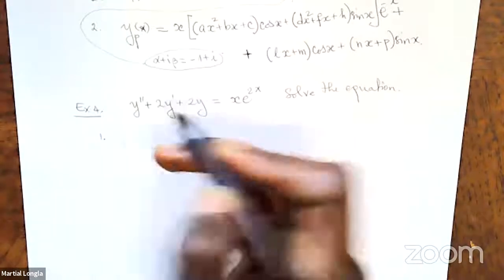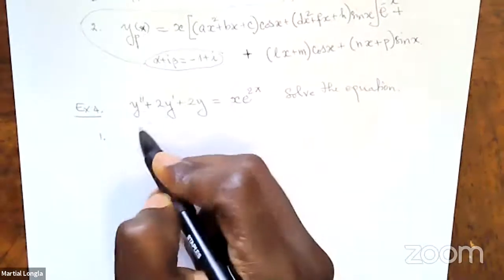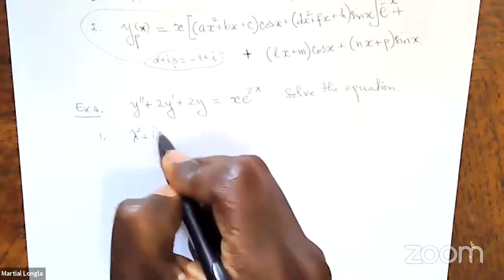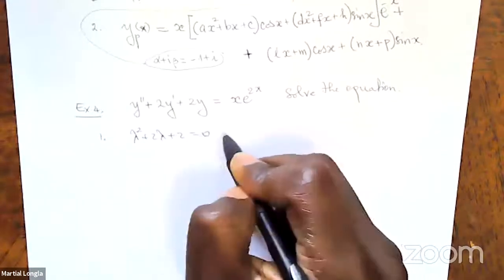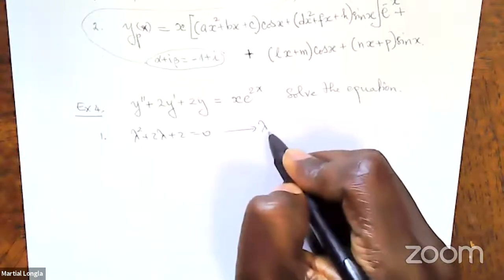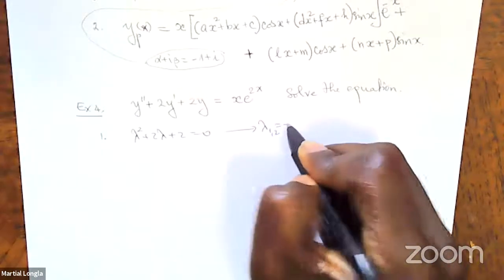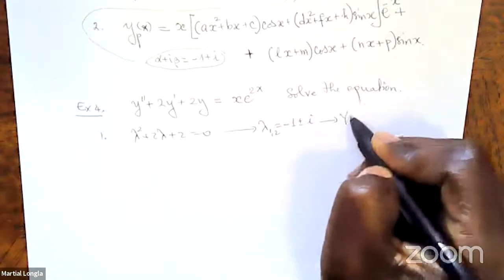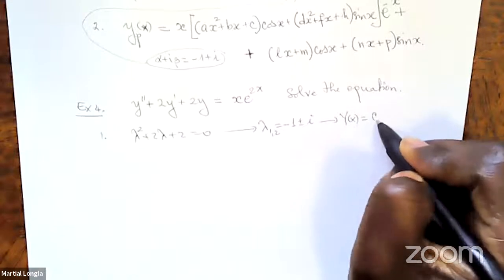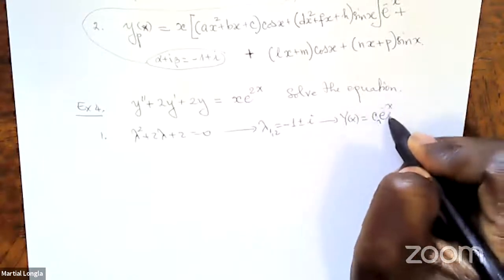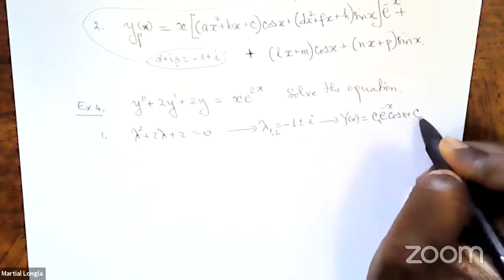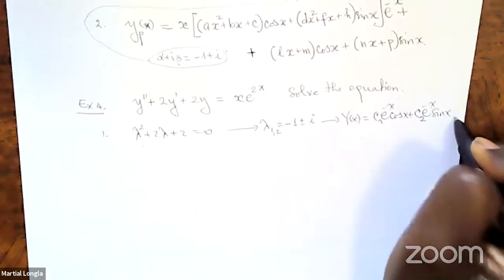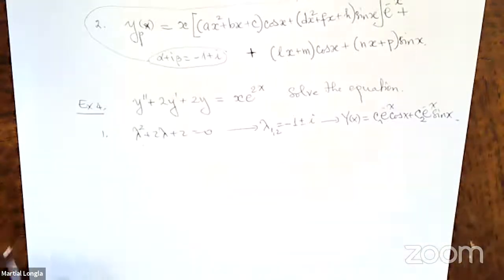The first step is what we just did, right? So I got lambda squared plus 2 lambda plus 2 equals 0, and so lambda is going to be -1 plus or minus i. So we got that, and then